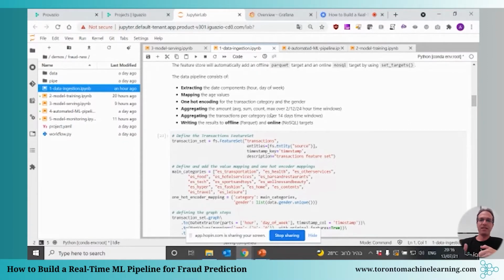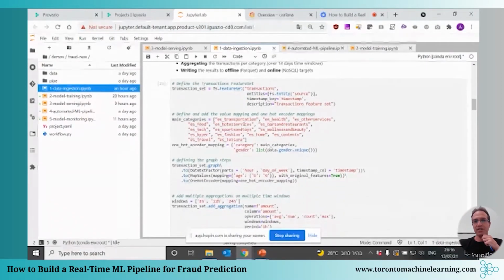Now, once we define that logic, that set of data is going to go into the offline feature store and the online feature store. And that's also one of the coolest things about it, that you don't need to do anything in order to prepare the data for your online serving. All you need to do is to create this logic once, and then that logic can go to the offline feature store, which under the hood is a Parquet file that can serve your training jobs. And it also goes to the online feature store, calculating the last value of each feature, so it's ready for your online serving.